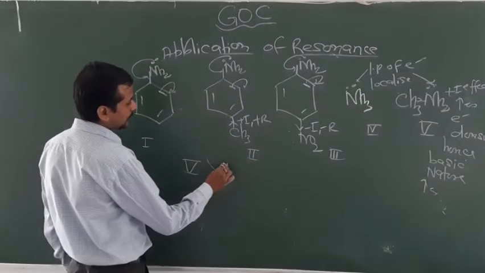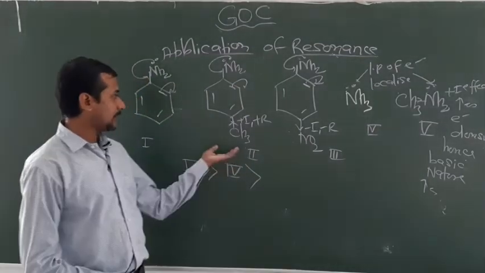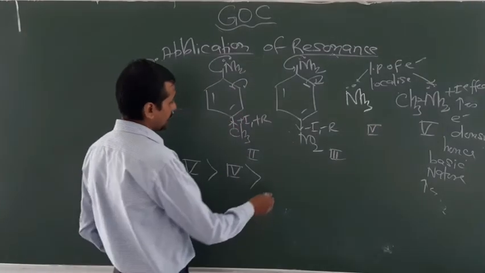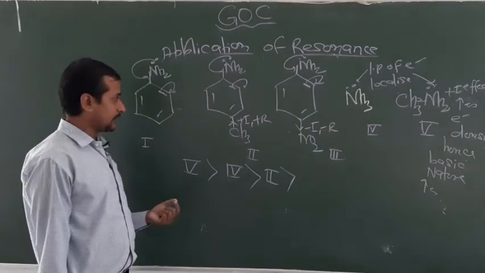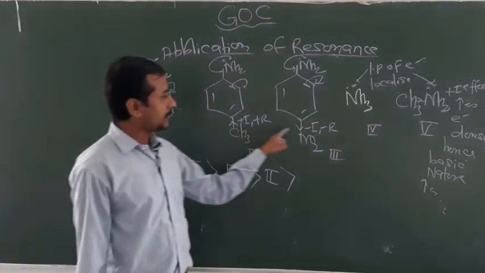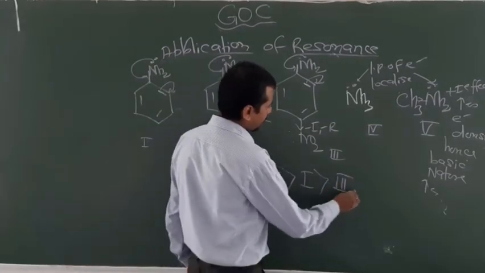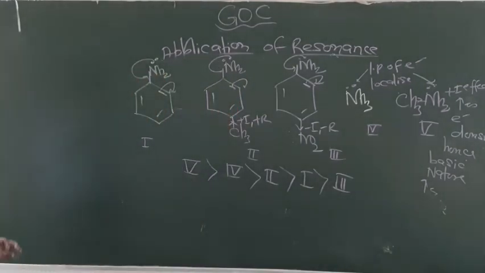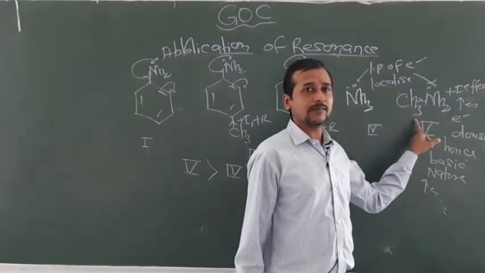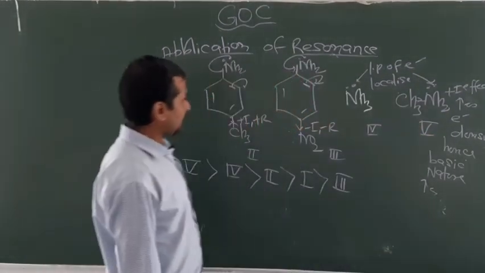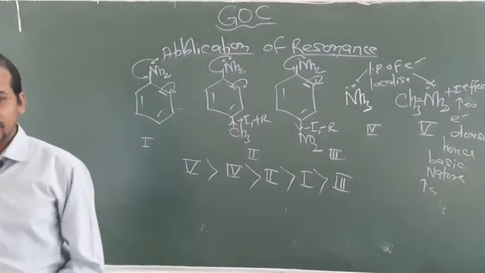Then after that comes ammonia, that is the fourth case, and then out of the 3, look at the conditions. Here donation of electrons takes place, so that's why the second is more basic than the third and first. Now here no effect, but here minus I and minus R effect, so that's why the first is more basic than the third. So in this way you can write the basicity order of the given compounds. One more thing to note down: aliphatic amines are always more basic than ammonia. Ammonia is more basic than aromatic amines. Thank you, dear students, for the basic nature.